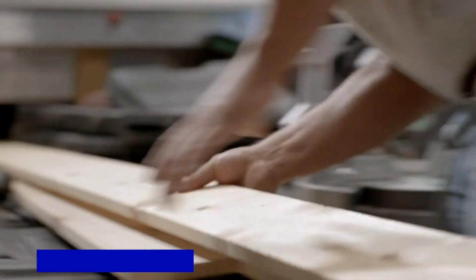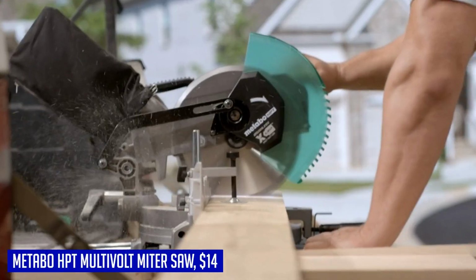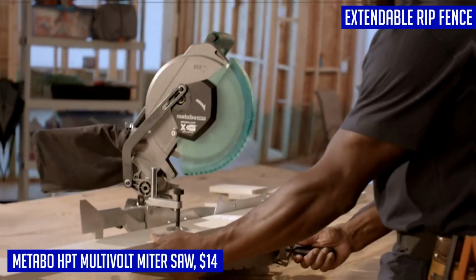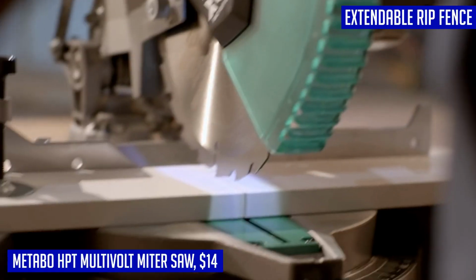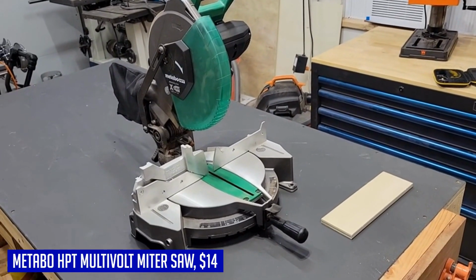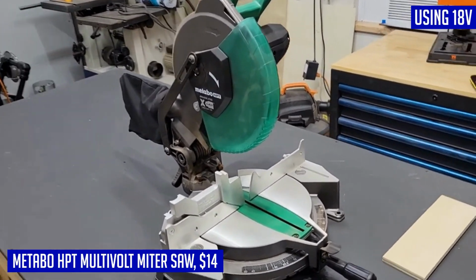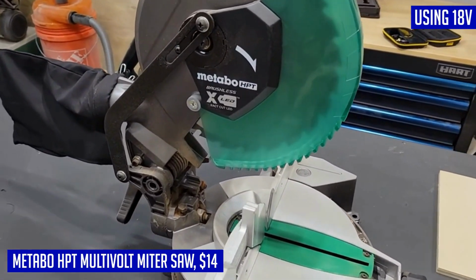Looking for a reliable and versatile miter saw for your woodworking projects? The Metabo HPT Multivolt miter saw kit is a top contender in the market. With its powerful multivolt battery, you can make up to 182x4 crosscuts per charge, providing you with long-lasting use without interruptions. The Zact Cut LED shadow line system ensures precision and accuracy in every cut you make, giving you professional